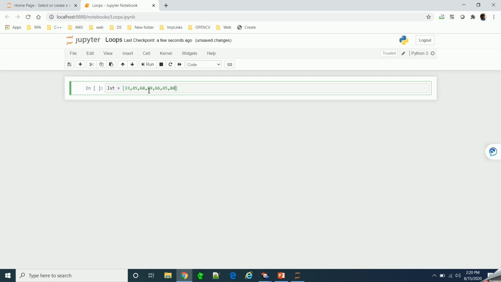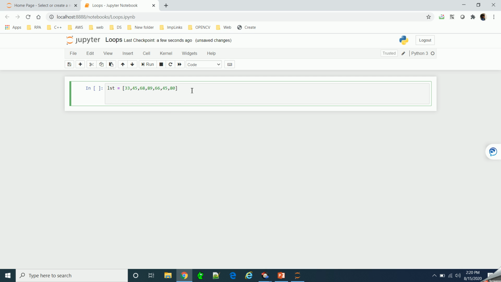Okay, so here we have total 7 elements, and what we want to do is find which elements are even numbers in this list. So here we have to check a condition for whether an element is even or not. The condition check is the same for all the elements. So checking for even elements is repetitive in nature. It is a repetitive task. So for this we'll use for loop.